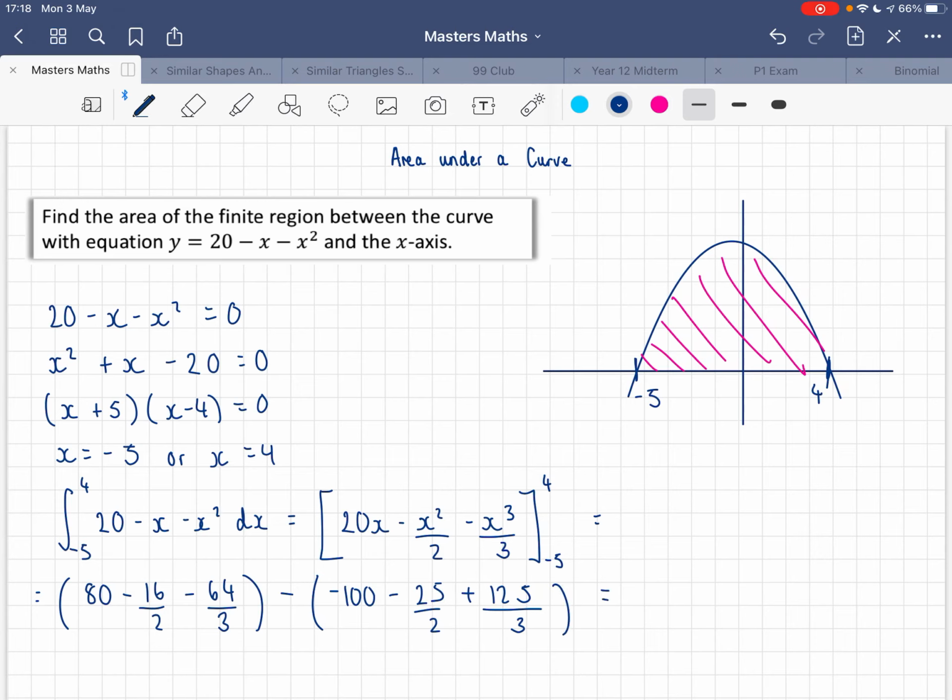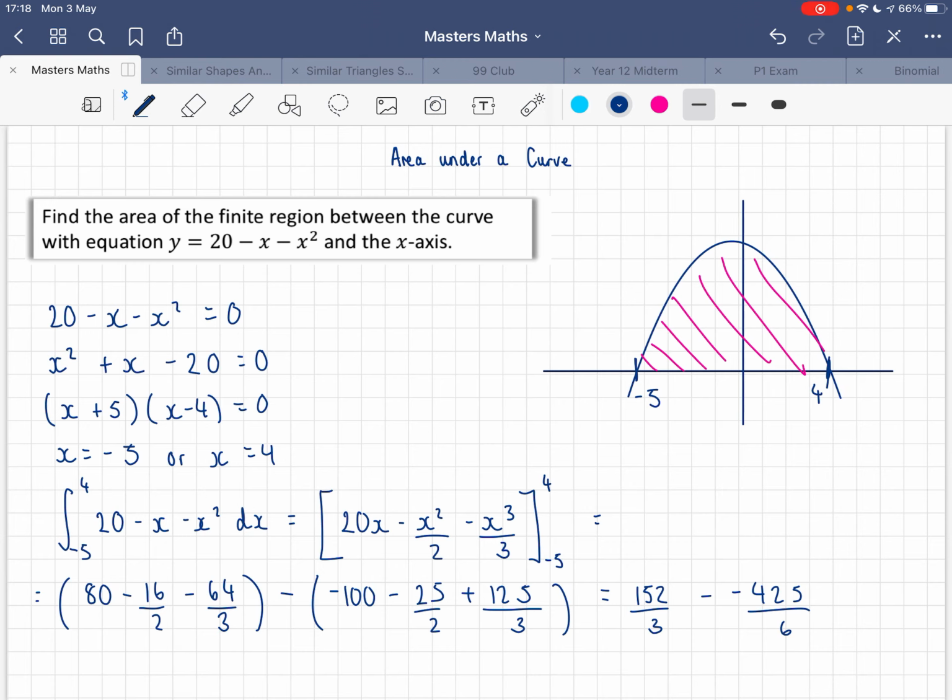Negative makes a positive. So what do I get? 80 minus 8 minus 64 over 3 is 152 over 3, minus negative 100 minus 25 over 2 plus 125 over 3, which is minus